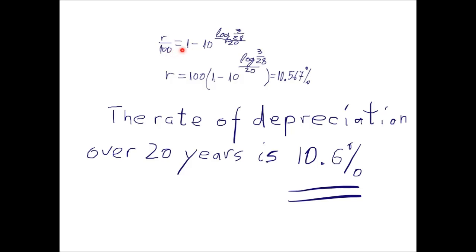Now r over 100 is equal to 1 minus 10 to the power of log of 3 over 28, everything over 20, and now we multiply this by 100, and that's the final expression which you can work on your calculator. Remember, the decimal logarithm of any number is actually a number, and you can start working on your calculator over here, and you'll get the logarithm of 3 over 28, which is going to be a number, and that you will divide by 20, and then say 10 to the power of the answer, and you'll get another answer, and you'll say 1 minus the new answer, and all that answer you'll multiply by 100, and what you'll get is